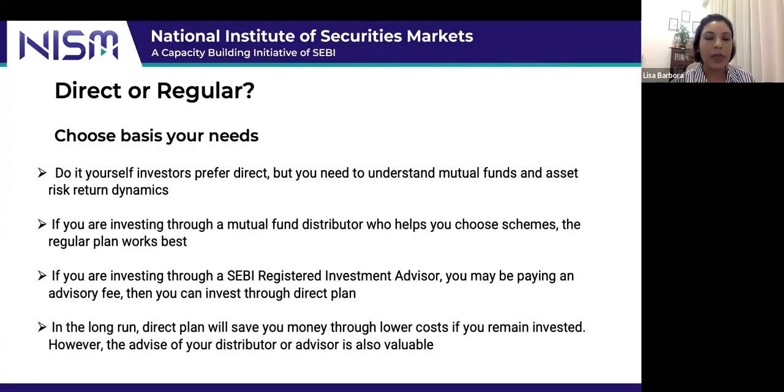Direct or regular. Direct mutual funds are where you are not paying a commission to distributors, and regular mutual funds are where the expense ratio accounts for commissions paid to distributors. Obviously, direct mutual funds are lower in terms of costs, and that means your net return is higher for the same scheme. The same scheme has both the options of direct and regular. Do it yourself investors prefer direct, but you need to understand mutual funds and the risk return dynamics very well,